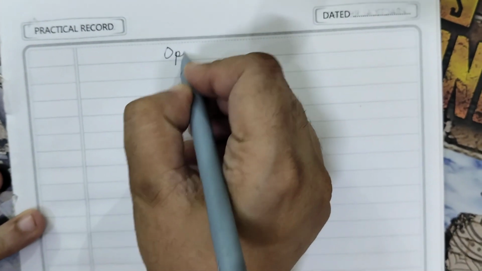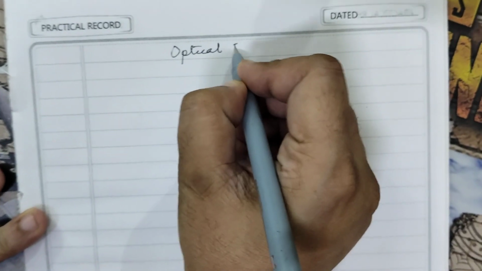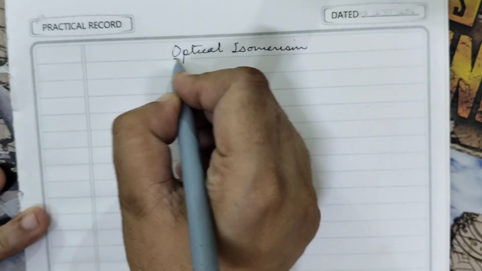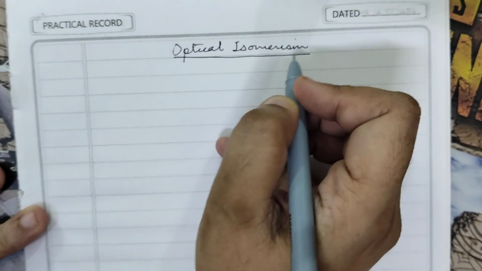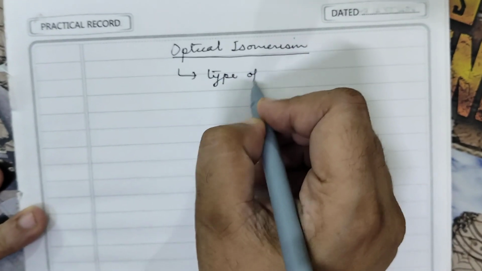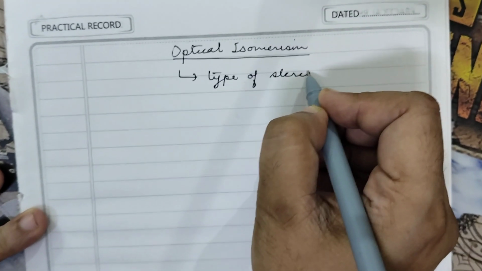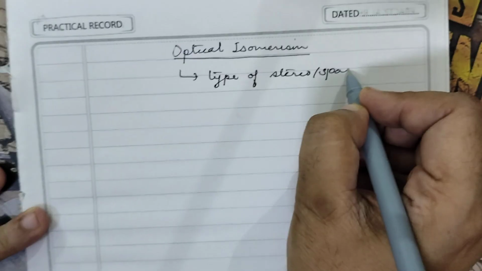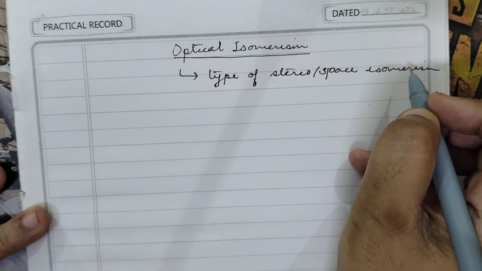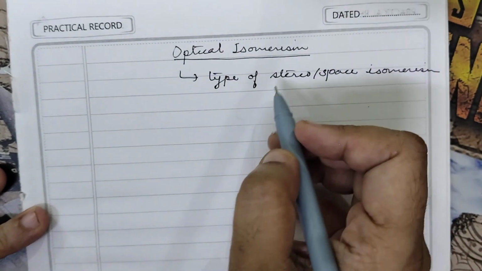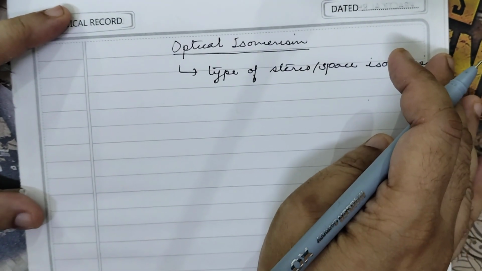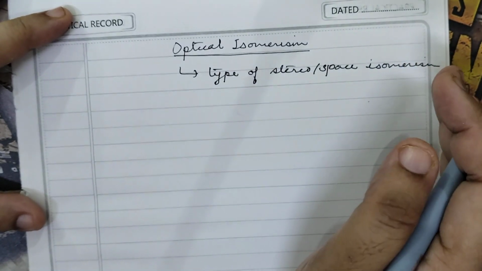Let us understand optical isomerism. It's a type of stereo or space isomerism. There are two types of space isomerism, optical and geometrical. So this is a type of stereo or space isomerism, and in order to understand optical isomerism we have to